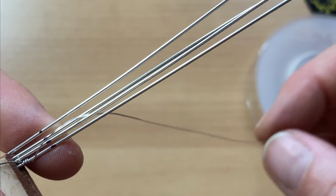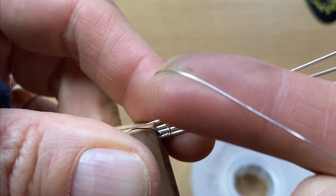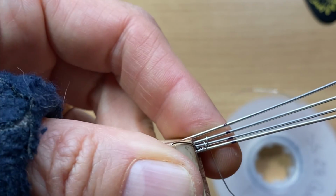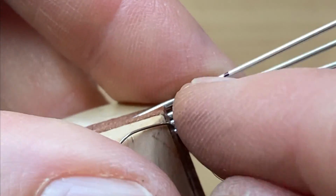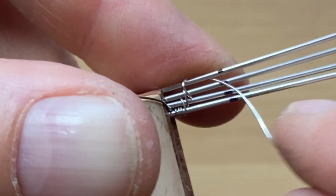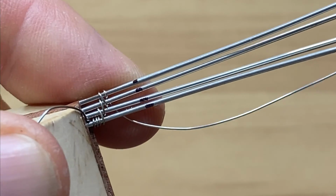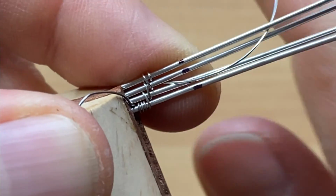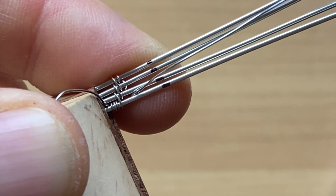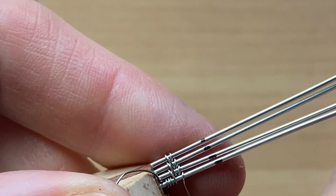Okay, now we're gonna go around 1 and 2, come out between 1 and 2, go above and around in between 3 and 4, come out between 2 and 3, go up around 3 and 4, come out between 3 and 4, and up around 4 again, go down, come out between 2 and 3, and go up around 3, come out between 1 and 2, and go up around 2, go down, go around 1,